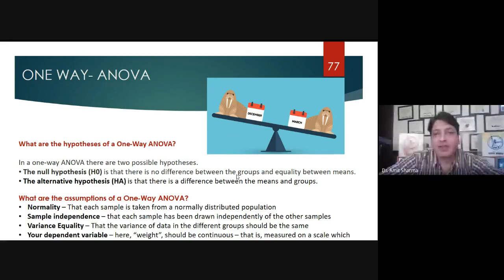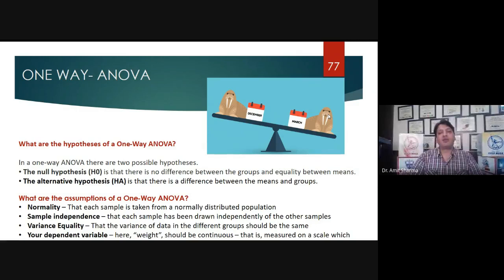Here you can see the example: you want to find out what was the reading you observed in December, what was the reading you observed in March, and you can include one more, in the month of January. So you can find out what the readings were between these three months. Clear? So I'm going to take the assumptions and the hypothesis.